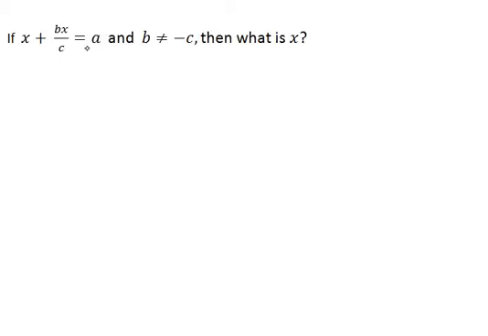Here we're given an equation that has multiple unknowns in it. We have x, a, b, and c. We're told that b is not equal to negative c, and essentially we're asked to solve for the one variable x. So if we think about how to solve an equation like this,